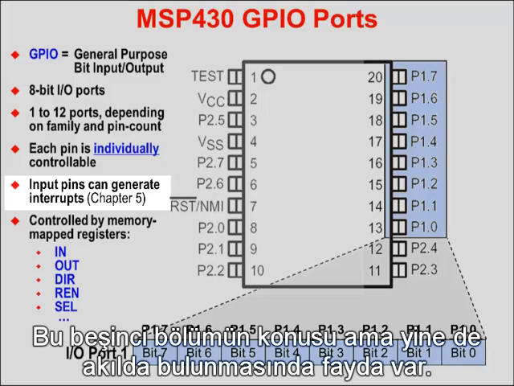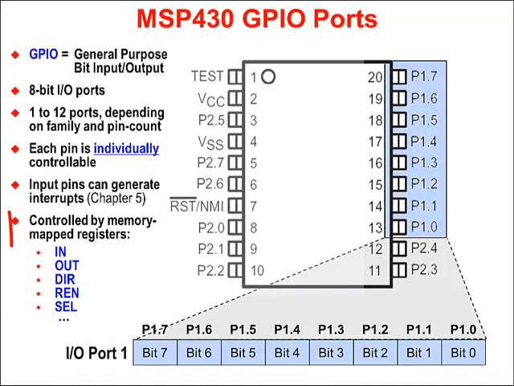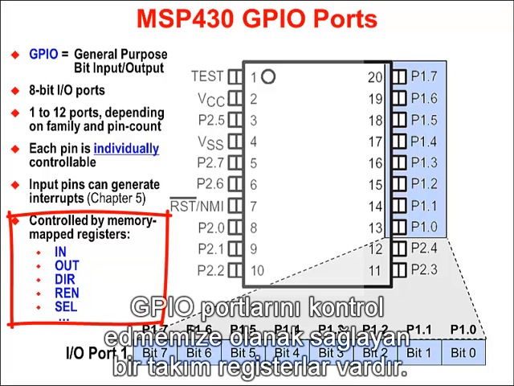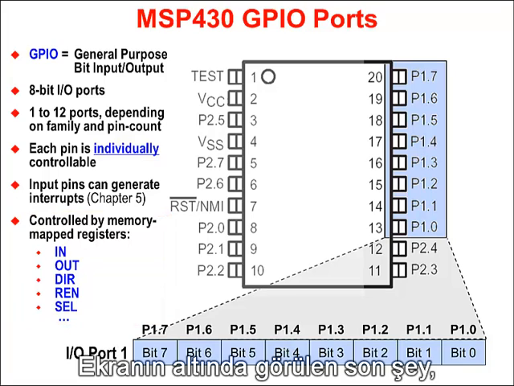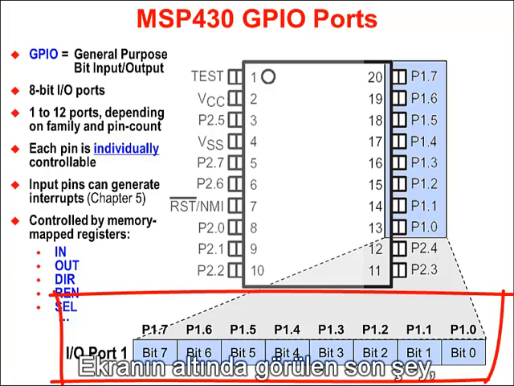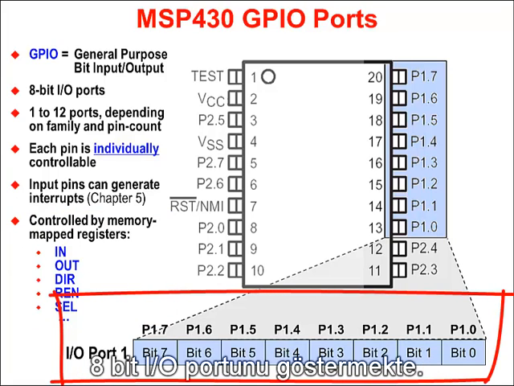As you can see, we covered that in chapter 5, but it is something to keep in mind and can be very handy. And then there's a number of registers that allow us to control these GPIO ports: input, output, direction. We're going to be looking at those as we go along through this chapter. And just kind of the last thing to look at, you can see there at the bottom, we've got